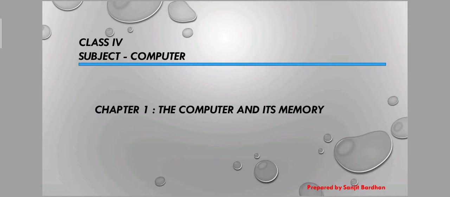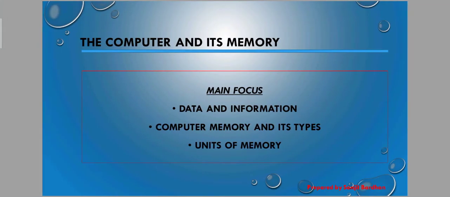This is my second video and I am going to continue the first chapter, which is computer and its memory. So let's start. Here is the main content of this chapter. First is data and information. I already have discussed the first topic, which is data and information, and computer memory and its type. We already discussed up to primary memory